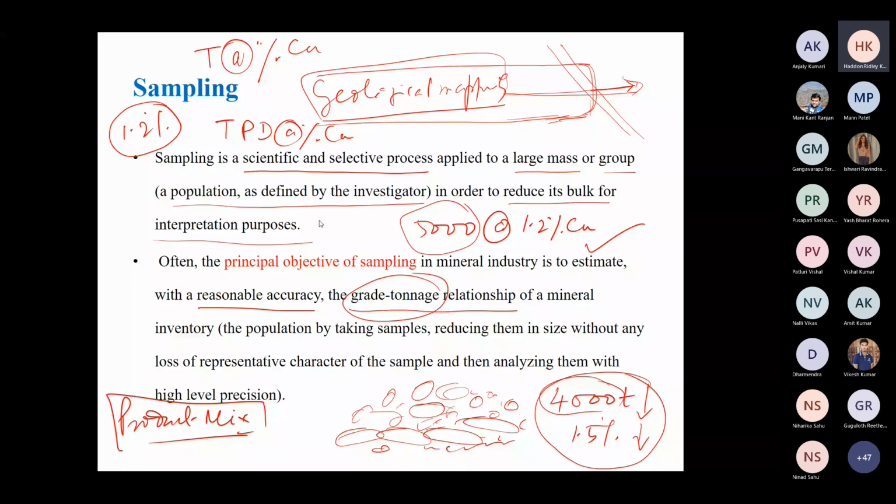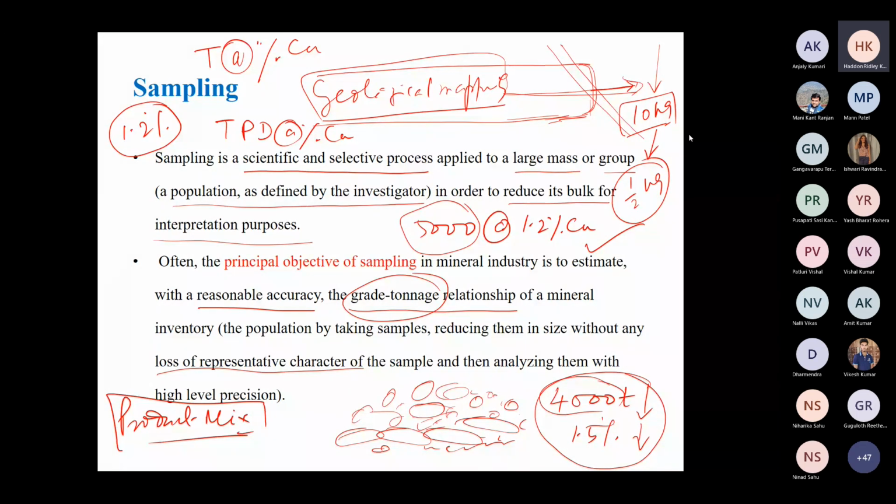Whenever you are taking a sample, the entire sample is also not processed. How to reduce the quantity of samples in size without any loss of representative character? That is very, very important. That means even if I take only 10 kg of sample, it has to be scientific during the collection, in how you are collecting the sample. And when you are processing, you may be processing only 500 grams, or half a kg, or maybe 200 grams. So how to reduce that 10 kg